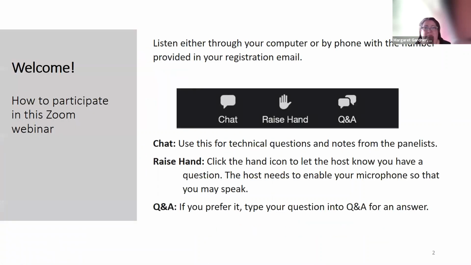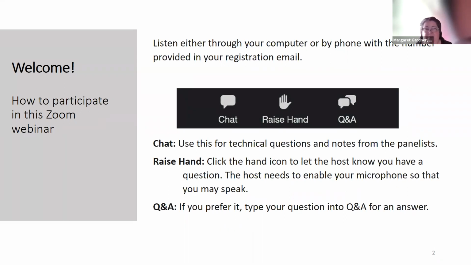Okay, so welcome again, and here's how to participate with this Zoom meeting. This is the Zoom interface. Many people may already be familiar with how this goes. We use the chat feature if we are sharing information with you, like links to resources. You can feel free to raise your hand. In a second, I'll go ahead and unmute everybody so that you can speak up if you prefer that.